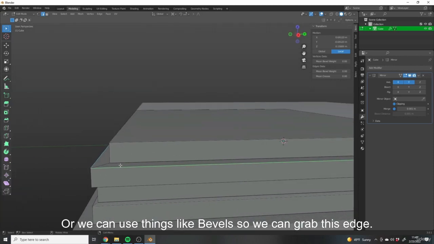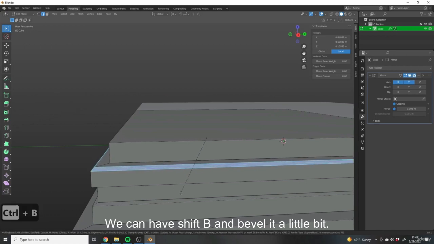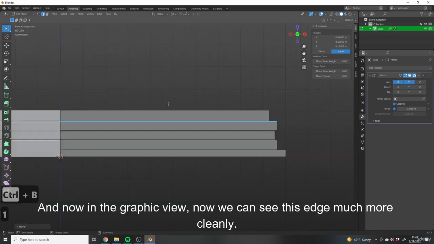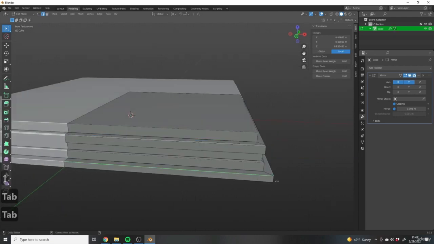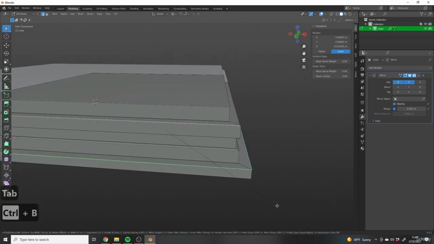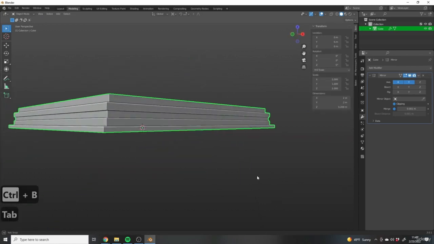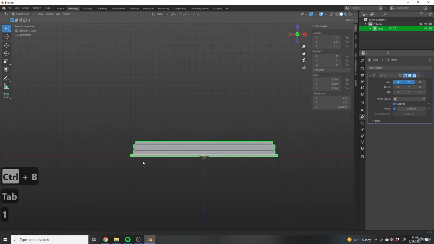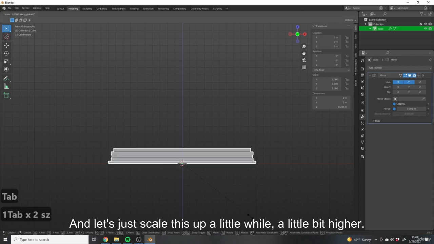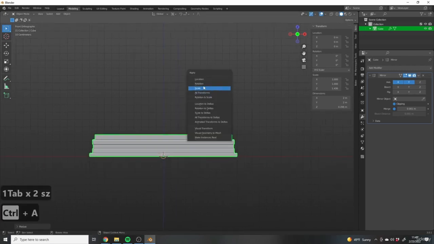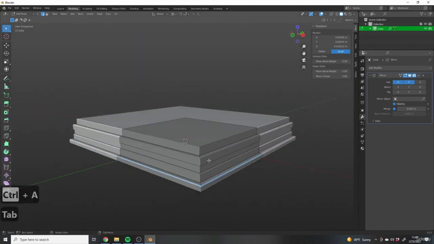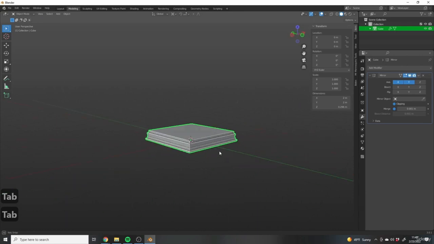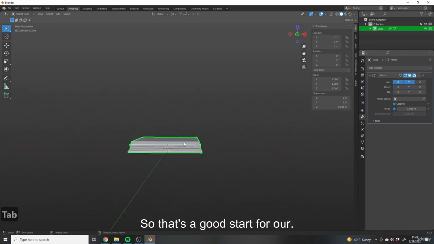So we can grab this edge, we can hit Shift B and bevel it a little bit. And now in orthographic view, now we can see this edge much more clearly. Let's put a bevel here as well. And let's just scale this up a little. I want it a little bit higher. Okay. So that's a good start for our